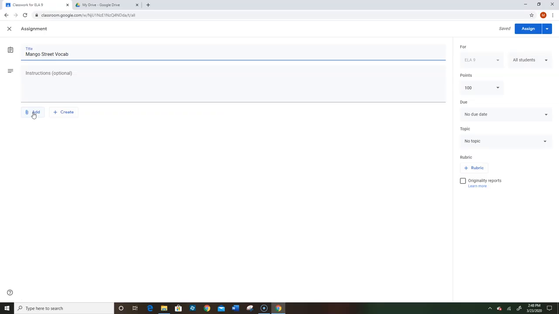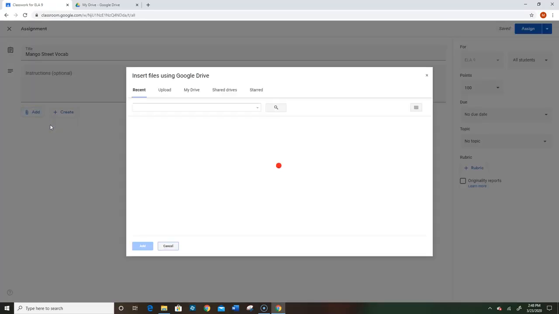You can just assign it like this, and then they can add their own files and submit it to you, such as Word documents or even documents from their own Google Drive. But to show you, I'm going to click Add. I could upload a file here from my computer. I could use a link, or I could add from my Google Drive, which is what I'm going to do